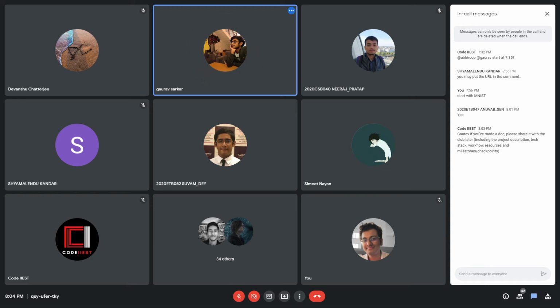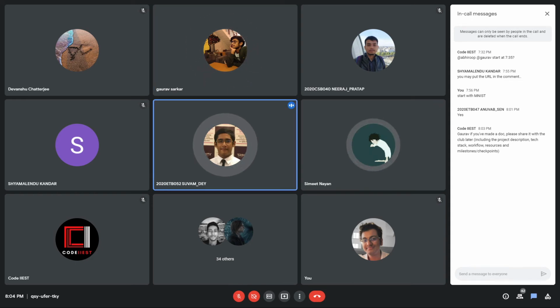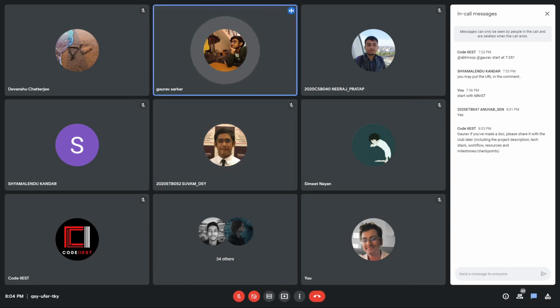Right. This project's main aim is to create a collision avoidance system. Exactly, not collision avoidance to be precise. The project is focusing on, suppose a pedestrian comes in front of you suddenly, or a vehicle comes in front of you. That's the main agenda. You are right, collision detection is right: if an obstacle comes in front of you, it gives you an alert that there is an obstacle.